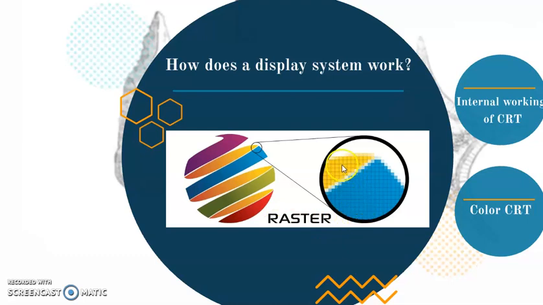When I see rasterization here, I could see a pixelated image wherein there are square pixels with different colors like yellow and blue. So this is what we mean by rasterization. Rasterization is a good concept that you need to understand. That means drawing your image pixel by pixel is nothing but rasterization.